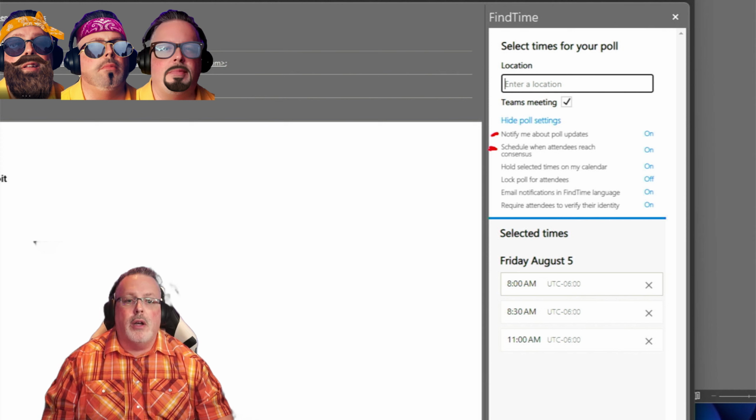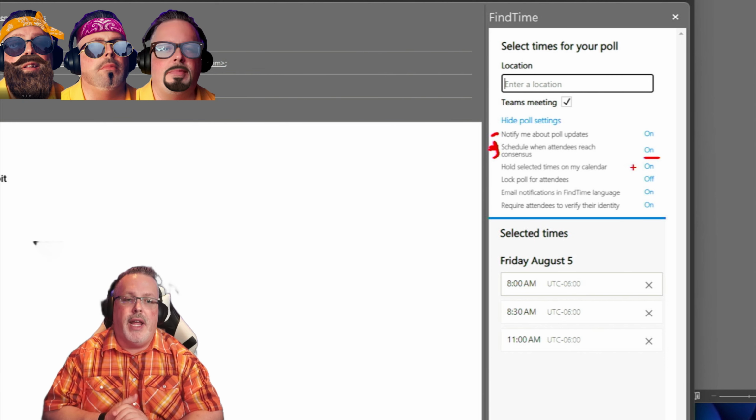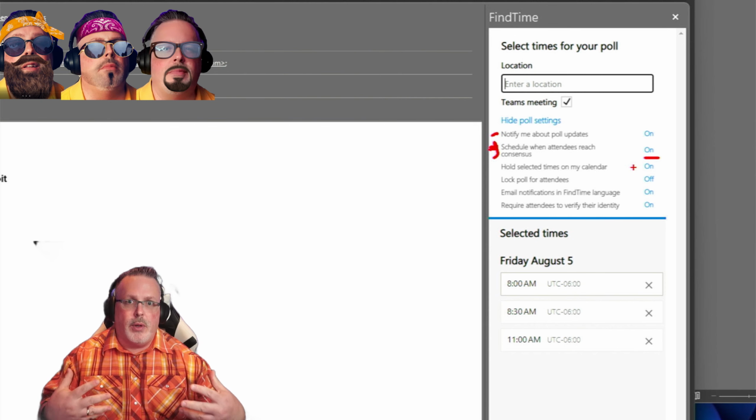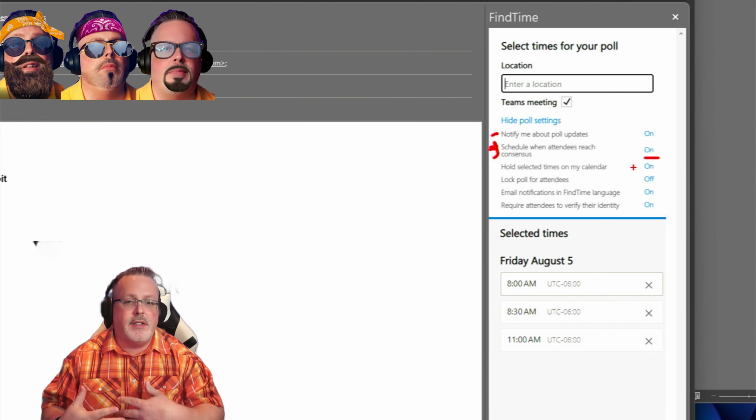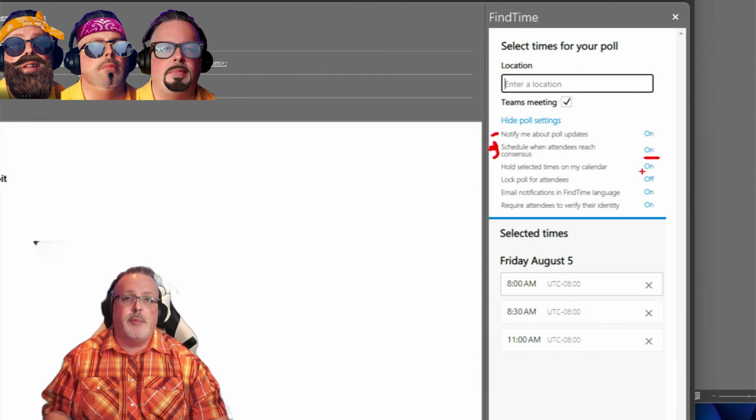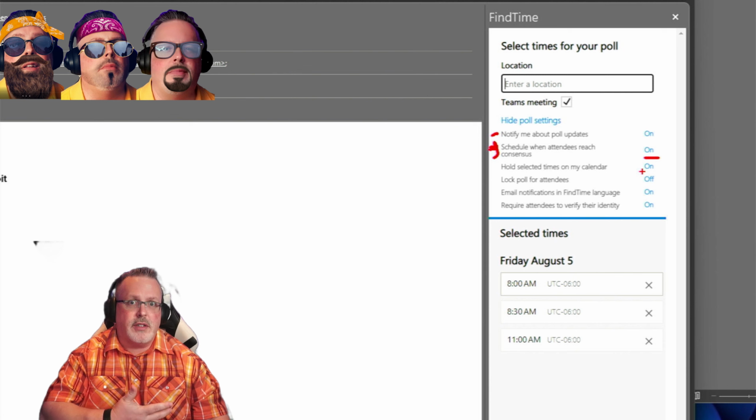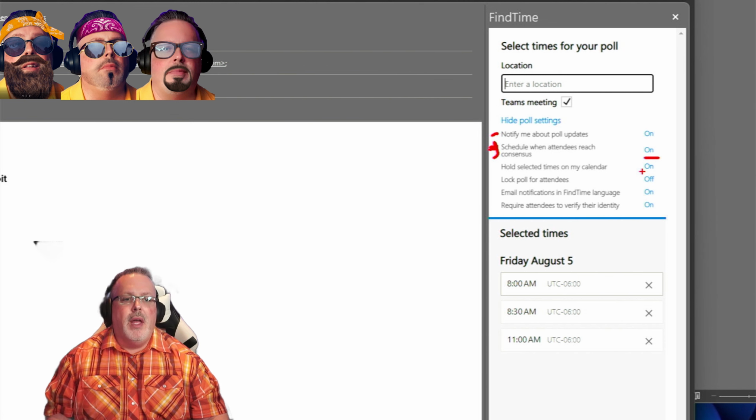Do you want to automatically schedule with attendees once you've got a consensus? This is magic. What this does is, of these 3 dates, once everyone says this is one that's going to work for all of us, you're automatically going to get a meeting set up for you. Additionally, a big bonus is, especially if you're trying to coordinate across a bunch of internal people, it will